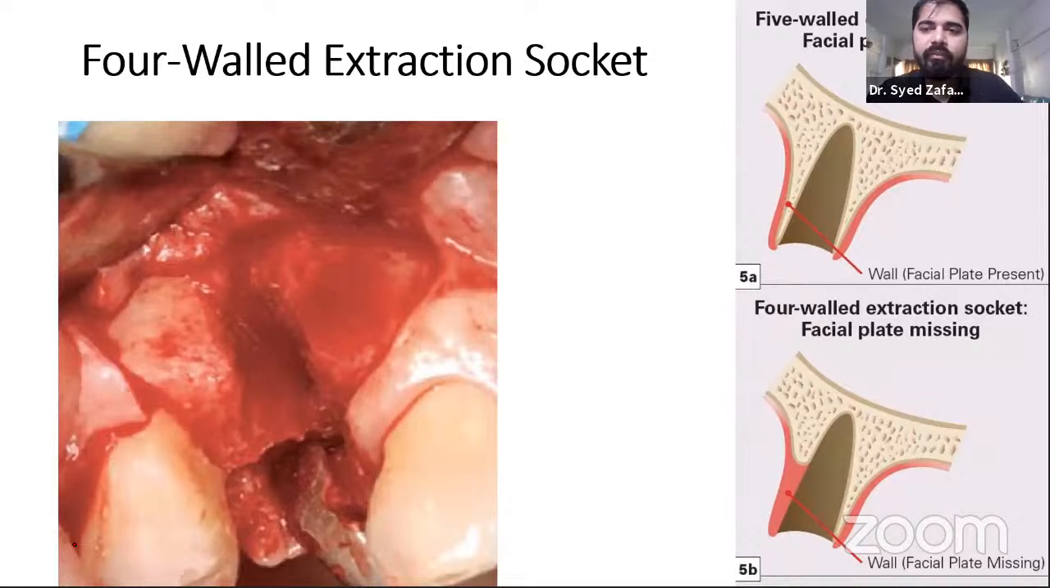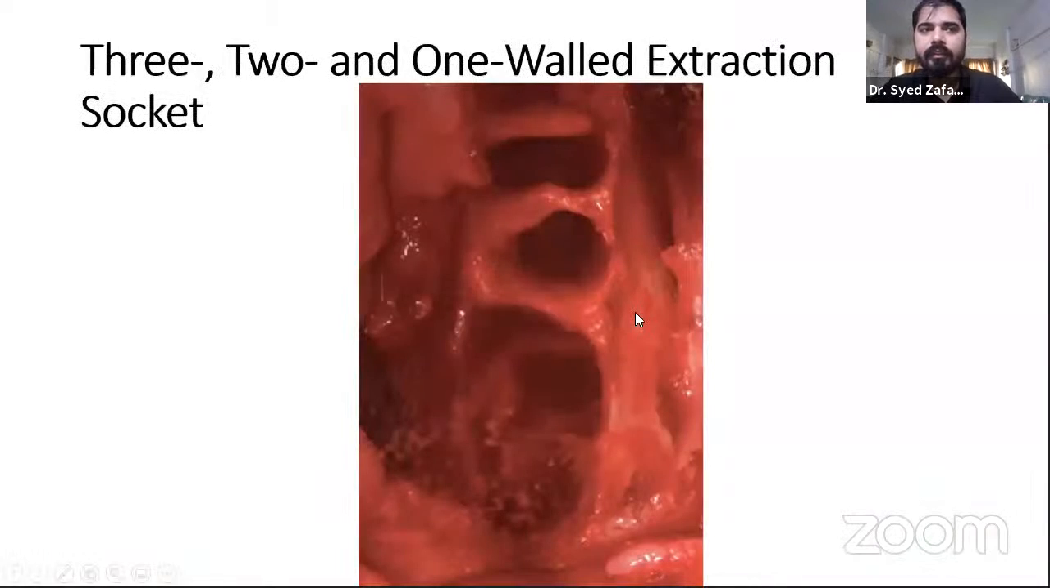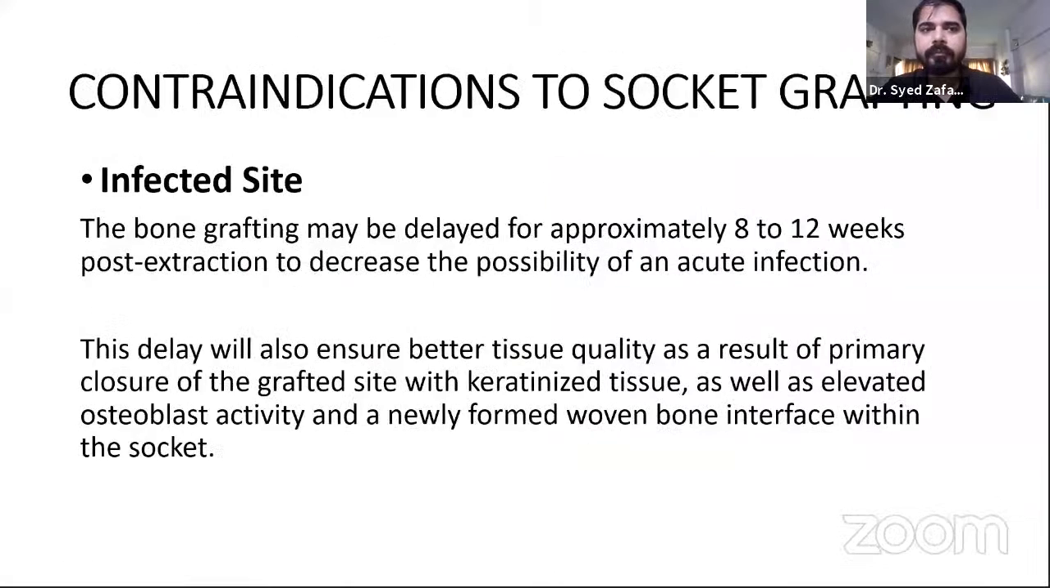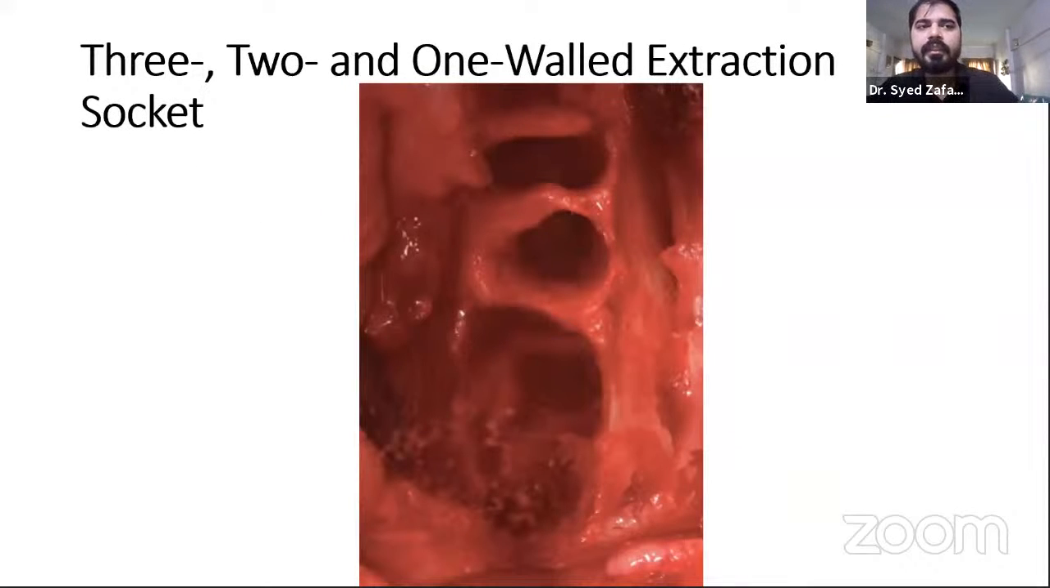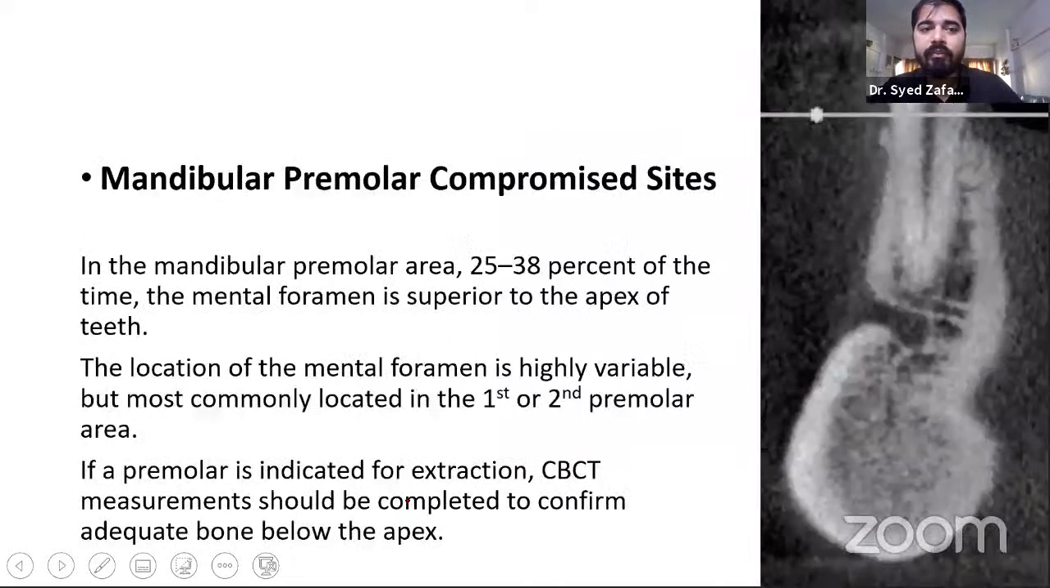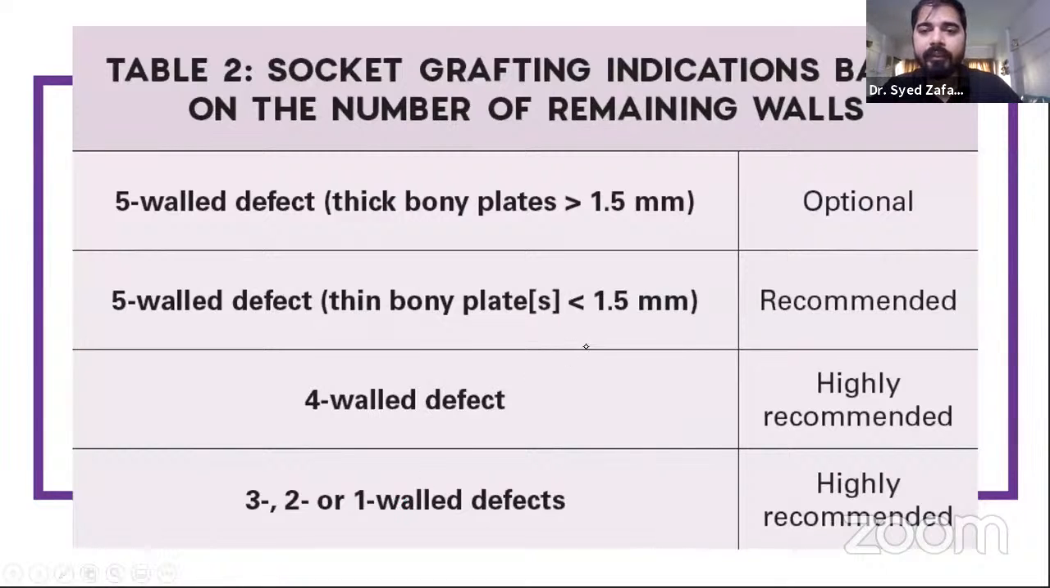If there is a 4 wall socket, 1 wall is missing, like in this video, then bone grafting is necessary. Only bone grafting. Obviously, if there are 2, 3 walls missing, bone grafting with a membrane is needed. But when you are planning for a membrane, first of all,